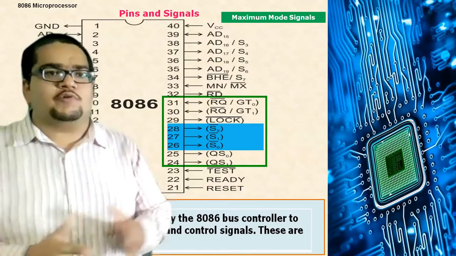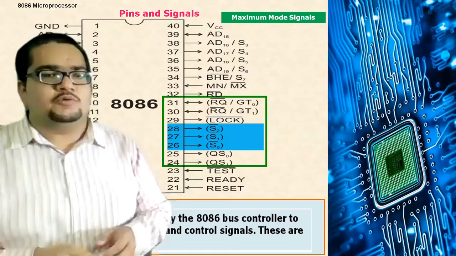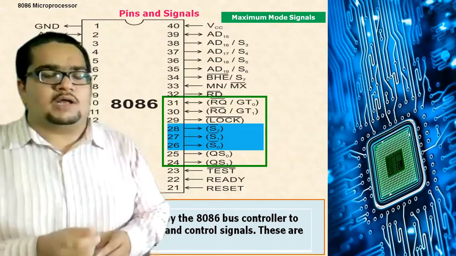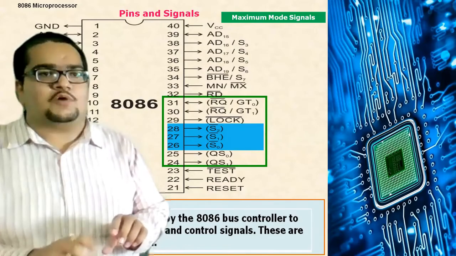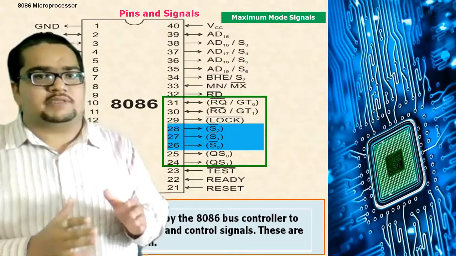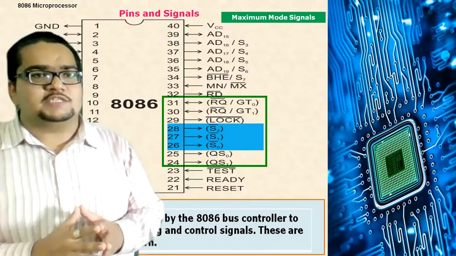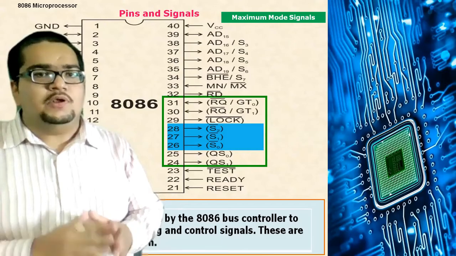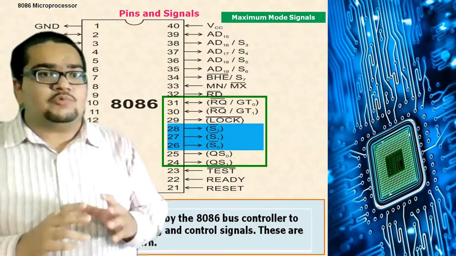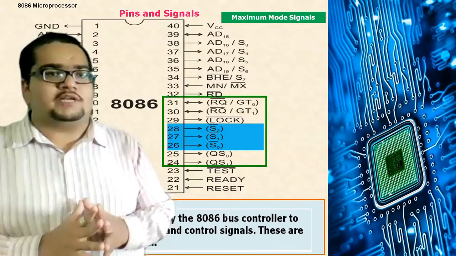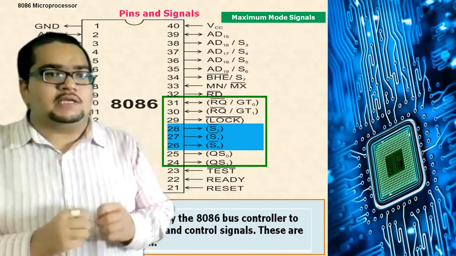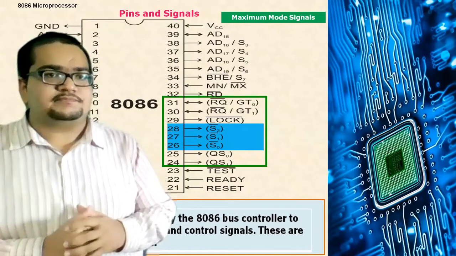Inside a CPU, it will have one bus connected to the hard disk. If you have ever opened your desktop computer, nowadays it comes as a very compact cable, but earlier there were parallel lines, a combination of communication lines between the memory and the CPU. Those are called the system bus. Now when there is more than one processor, a conflict will always arise over who will be the boss, who will control the access of that bus.